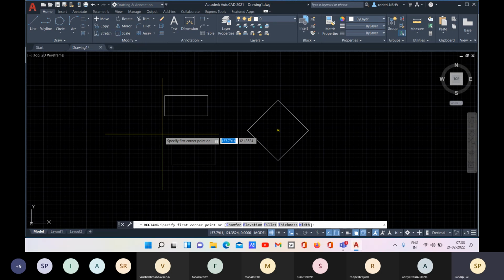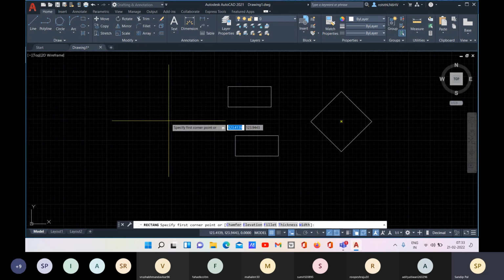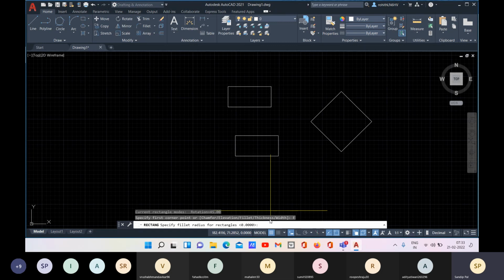Now let me show you, if you want to add a chamfer or fillet with it, you can also mention that, but you need to mention those values before specifying your first corner point. Okay, so these options are available. So fillet, let me show you the fillet option. Fillet options are created on the corner points to give it a smooth corner. So you can give the radius of the curve. Let me go with 2.5